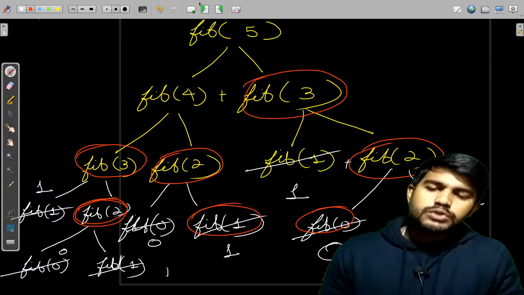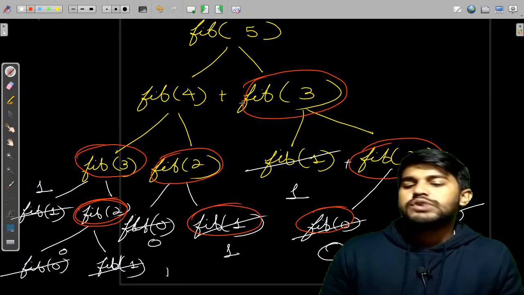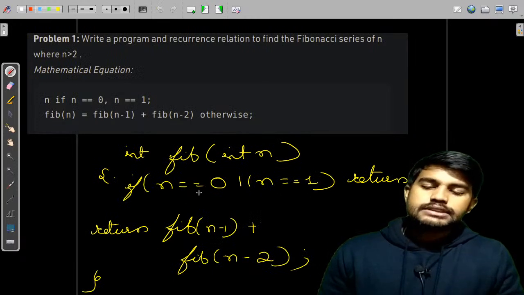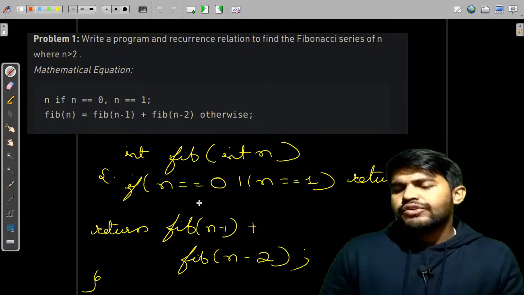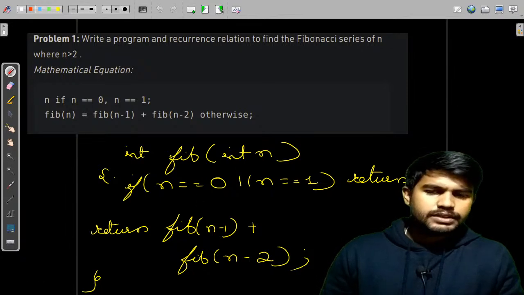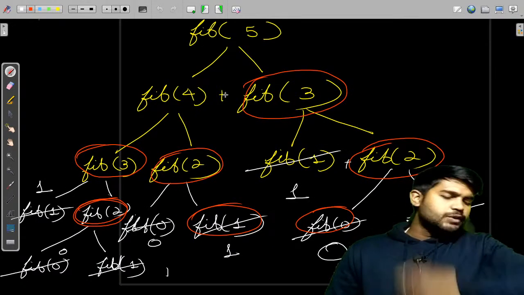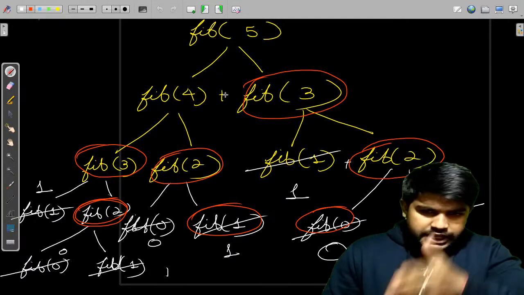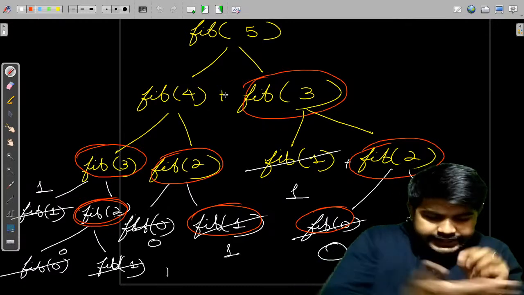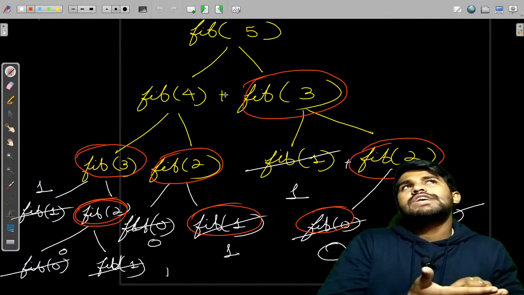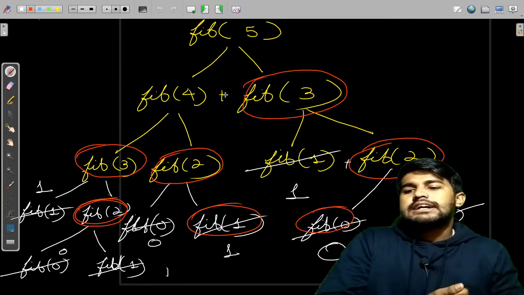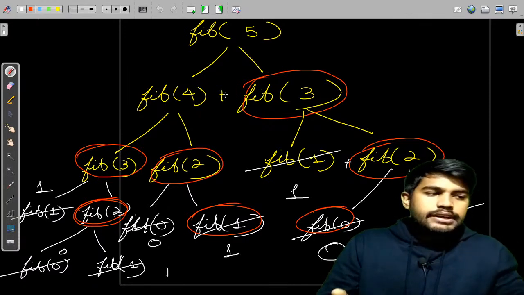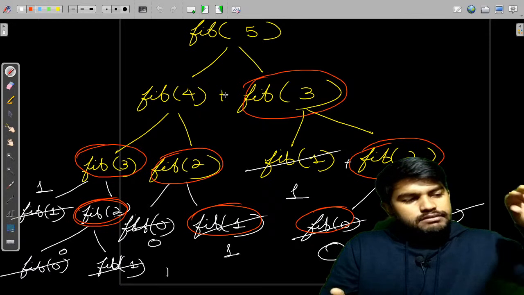So we need a way where we don't need to calculate the same value again. Yes, this is correct, but for this only we are calculating the same value again and again. So what can we do? Suppose we are trying to find the value of 3. So we would calculate the value of 3, then write it down somewhere. 3's value is calculated, this is the result. Now we would calculate the value of 2 and we would write it somewhere. Yes, 2's value is also calculated, let's write it here.